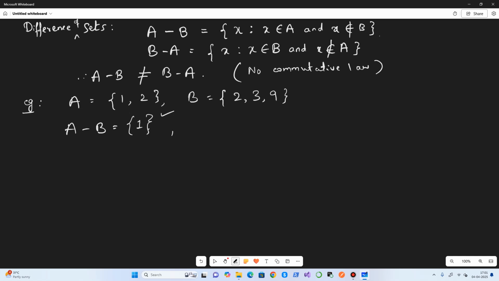Now find B minus A: collect all the elements of B which are not in A. Is 2 in A? Yes, don't count that. Is 3 in A? No, so you collect that. Is 9 in A? No, so you collect that. So B minus A is {3, 9}. Clearly A minus B is not equal to B minus A.